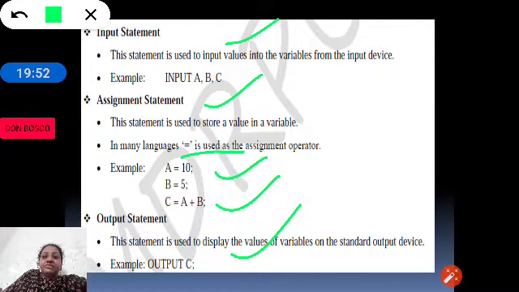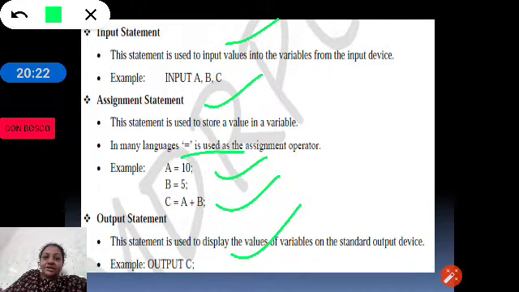So sequentially we have three types of statements. One is the input statement. What is the job of an input statement? The job of an input statement is to read the data from the keyboard, to collect the data coming from the input devices. For example, when you are typing data from the keyboard, the data has to be picked up, accepted, and that is done by the input statement.